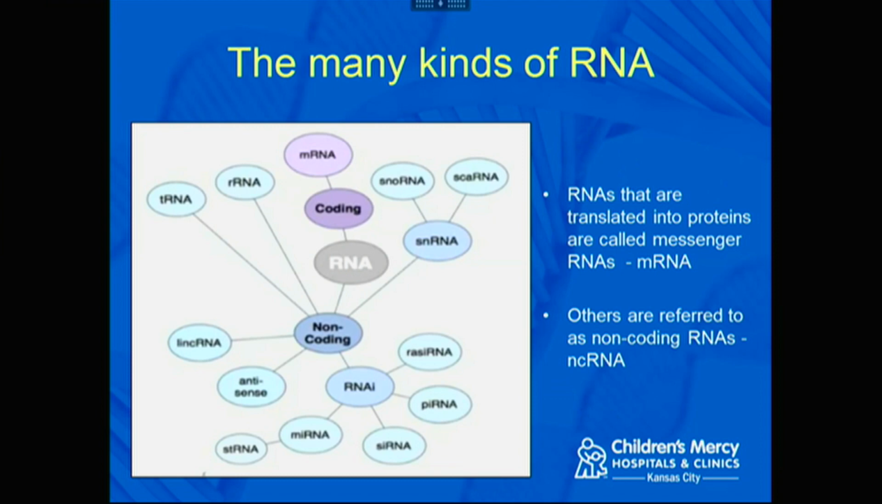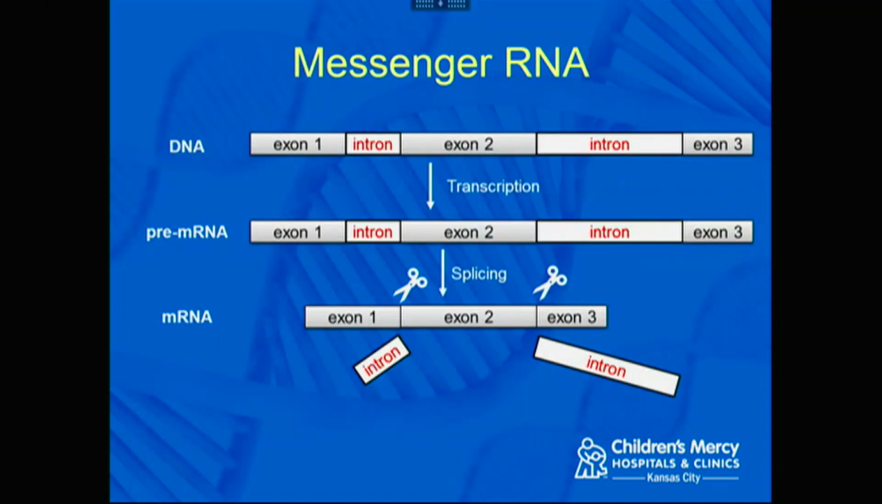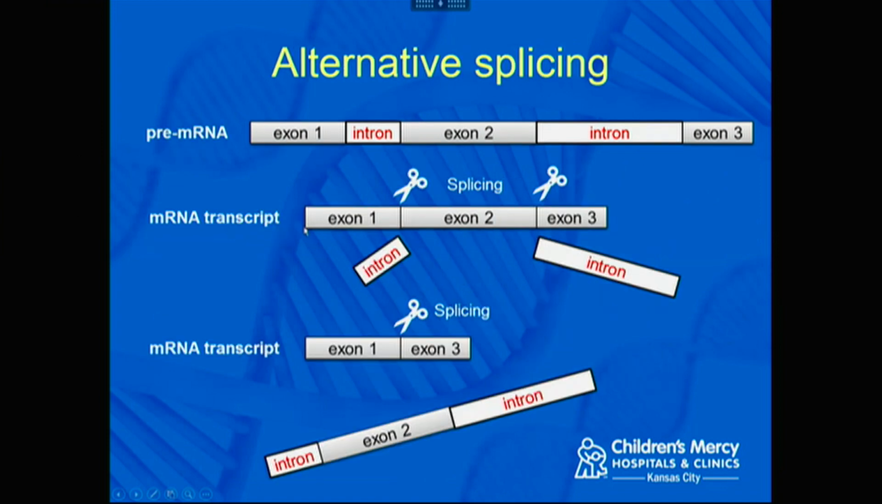But just to give you a quick review on messenger RNA. The DNA template is essentially directly copied into RNA, into what we call a pre-mRNA molecule. This pre-mRNA molecule is then processed